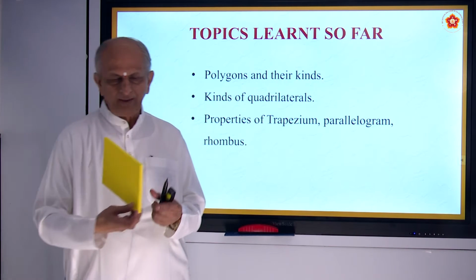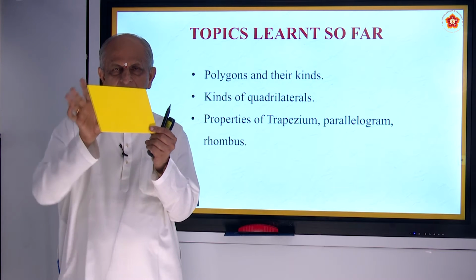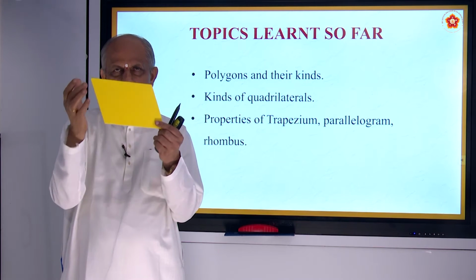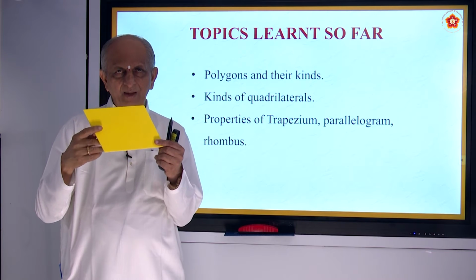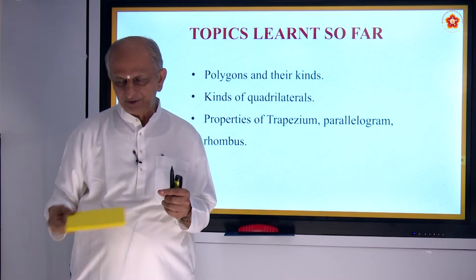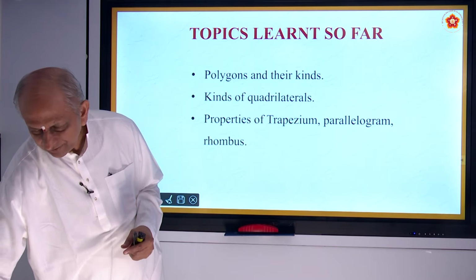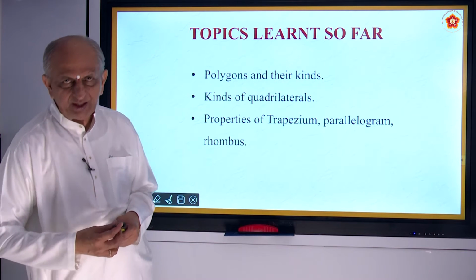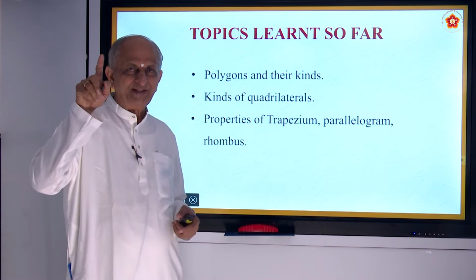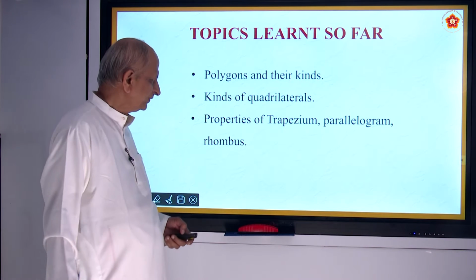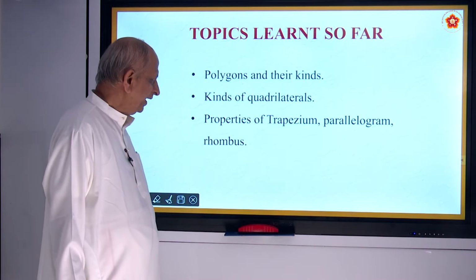In a parallelogram, opposite sides are equal and they are parallel. There will be 2 diagonals and these 2 diagonals bisect each other. They are not equal. And also we know about rhombus. A rhombus is a quadrilateral having 2 diagonals bisecting at right angles and all the sides are equal. And